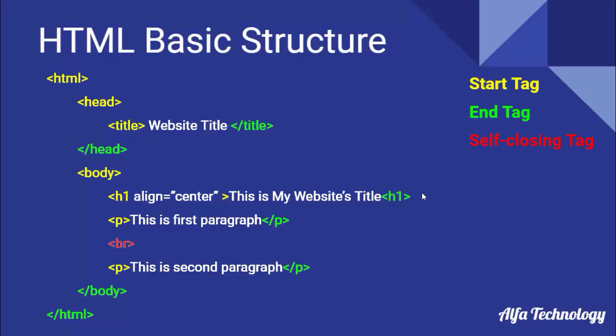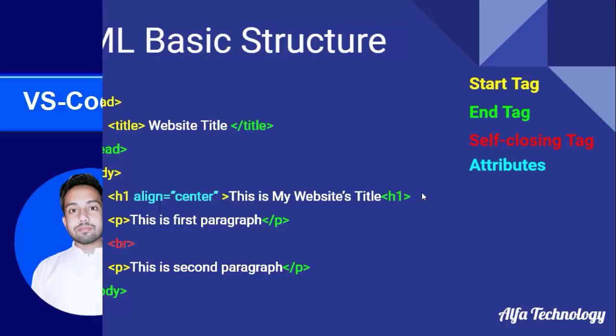Now what are attributes? An attribute, as I said, is a special property of the tag. In this case we have the attribute align center, highlighted in sky blue color. So this is the basic structure of HTML. In the title we write the title of the web page, and H1 stands for heading tag. In the H1 we write the big heading for our website content. After that we have the paragraph tag, the P tag, in which we can write paragraphs. We will see examples of all the tags in the upcoming videos.